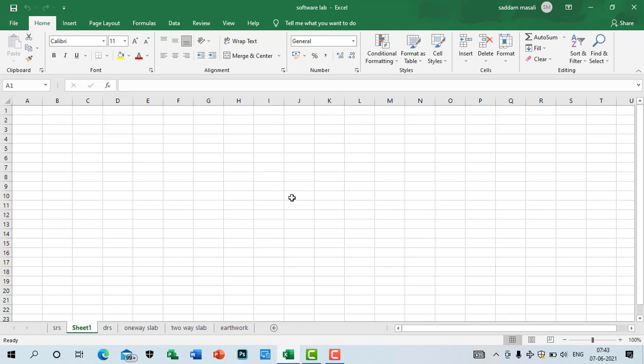Okay, so basically this is the layout of your Excel. We have got various options over here, and then if you come to this area where we are going to carry out a work, we have got rectangular boxes like this. Each and every rectangular box is called a cell, and each box has got a name over here. If, for example, you click like this, you can see here what is the name of this cell.